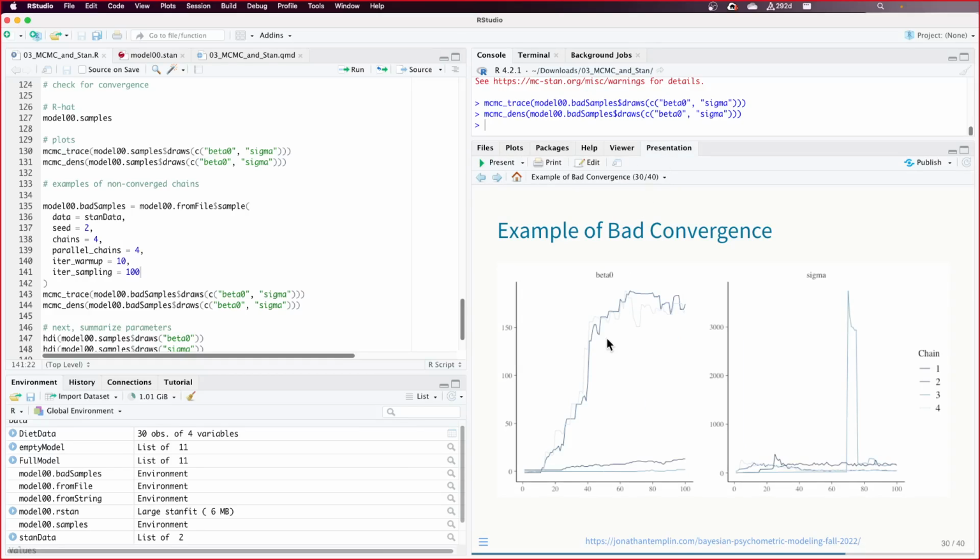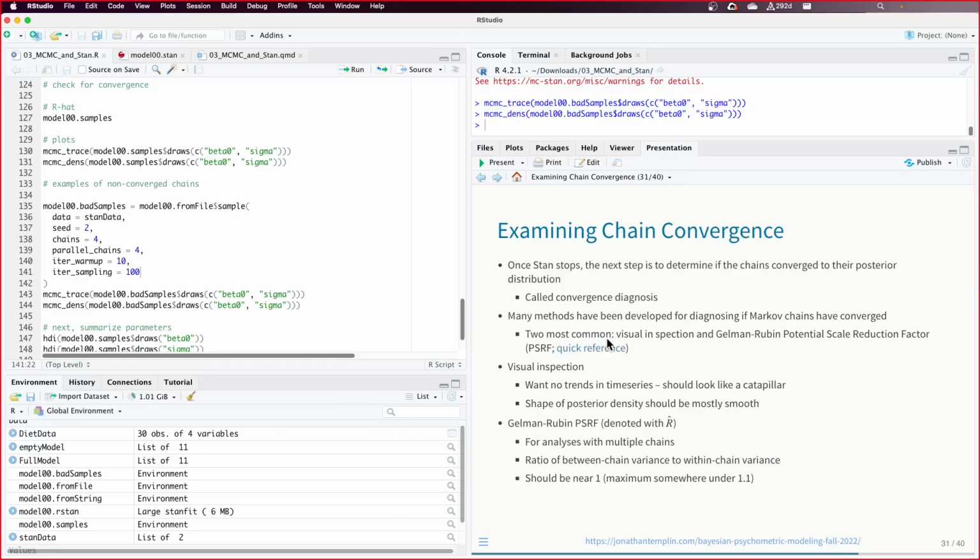It's almost like I'm taking a class on Bayesian statistics. It is. It's almost like I'm teaching a class on it. But you can see